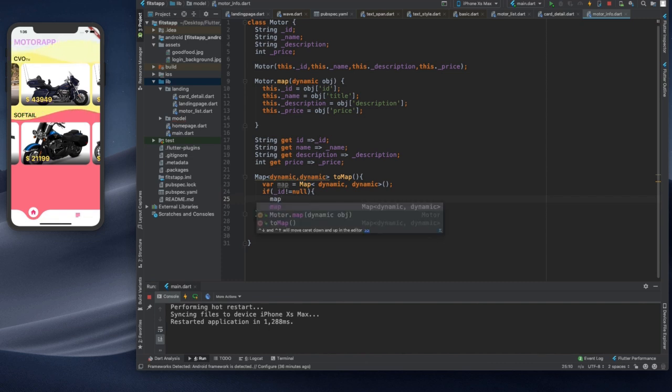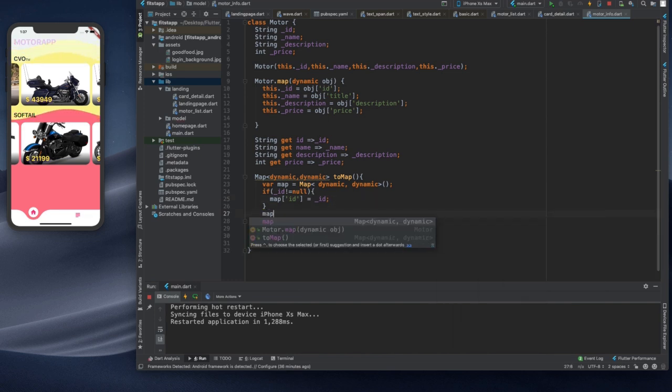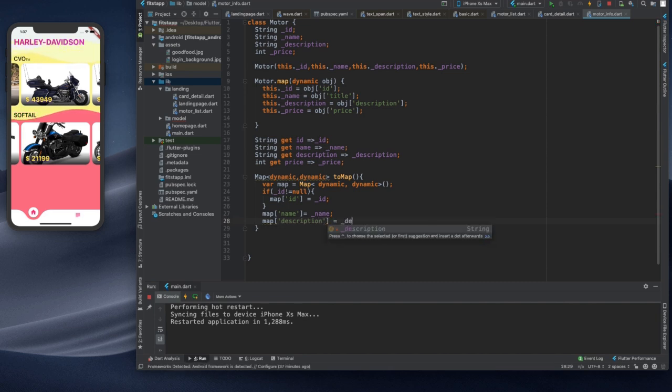We map the ID as ID, and for others, like the name, we map the name with name, and similar for description,